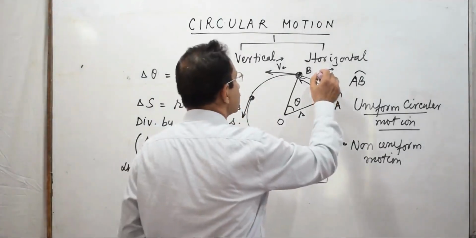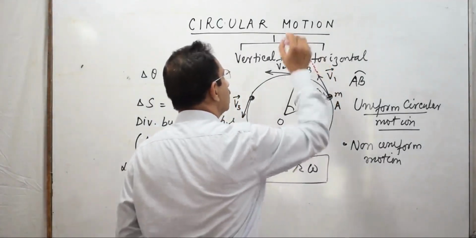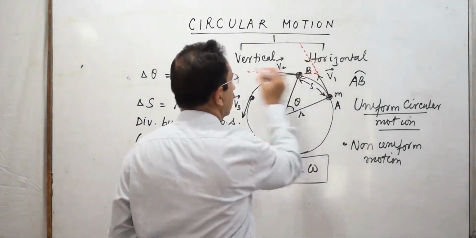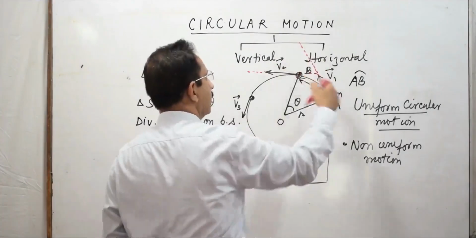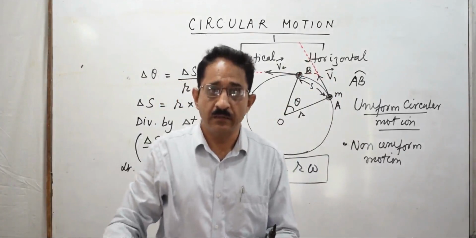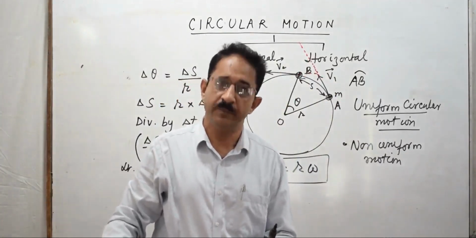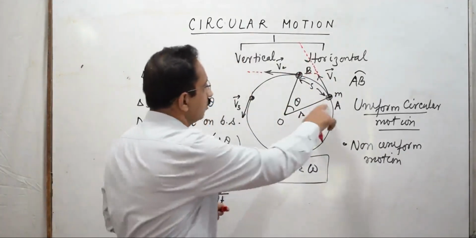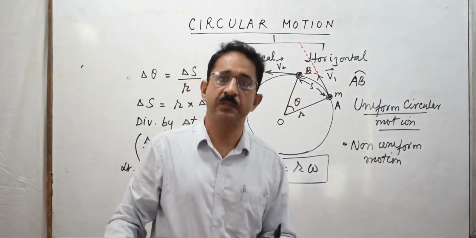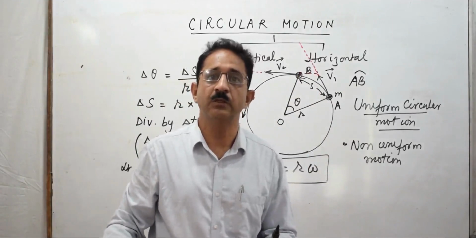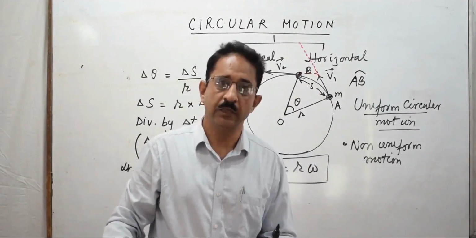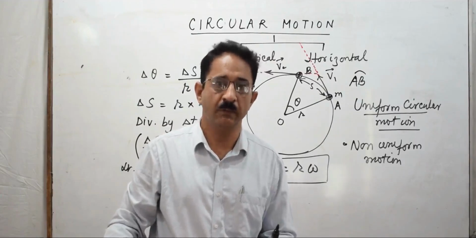Why is there change in velocity? Because अगर आप इस dotted line को लेते हो, फिर आप इस dotted line को लेते हो, you will agree with me that these two velocities, इसका direction और इसका direction, these two velocities are not same because they vary in direction even though their magnitude will be same. So from point A to point B, there is variation in velocity because of the change in direction, and a force is necessarily required to cause this change. That way, there will be an acceleration present in the body.